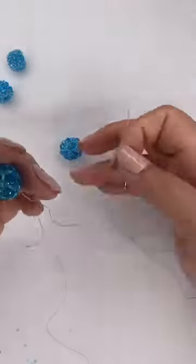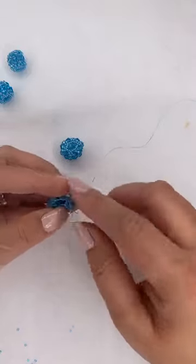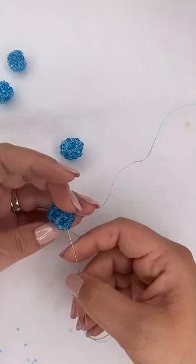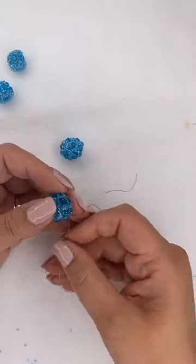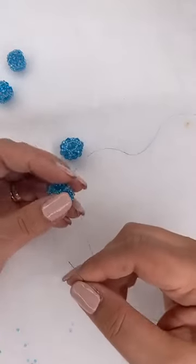This thread is already a synthetic material, it's already got some sort of wax on it, it's been treated, so you don't really need it. I used to use Nymo a long time ago, and I know with that one you did need to use beeswax because otherwise it would start fraying, and the beeswax just holds it together a little bit. So try perhaps not, I'm not sure what thread you're using, but try to